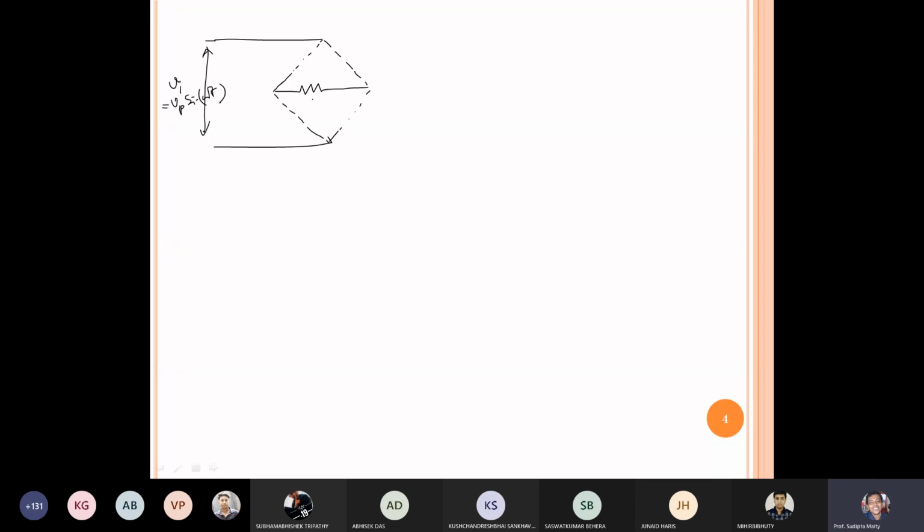Now suppose I want to take the current in this direction. It is my assumption. Should I reverse the direction of current, or can we take it from right to left? Direction of current, from where to take? Left to right or right to left? Right to left. So right to left, that means we have already drawn. Suppose it is my assumption the current will flow from A to B point.